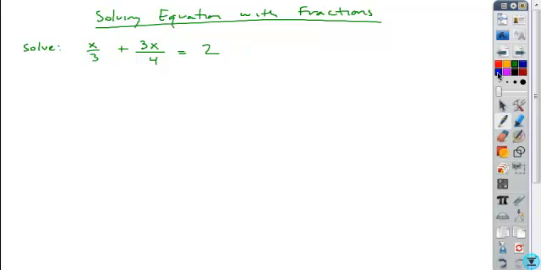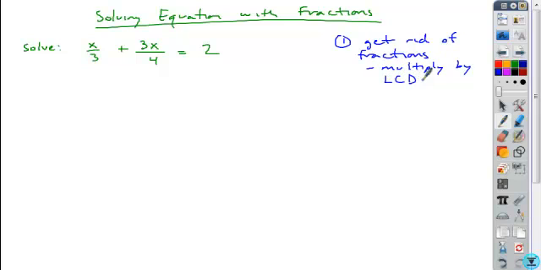All right, so if you take an equation that has fractions in it, what you want to do is look to get rid of your fractions completely. And you can do this by multiplying by the least common denominator of all the fractions involved in the entire equation. So when you look at this, we're going to multiply this entire quantity by the LCD of all the fractions